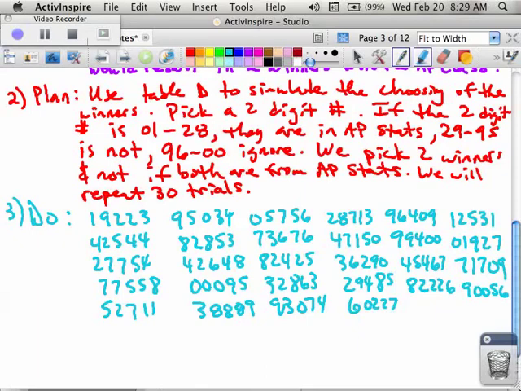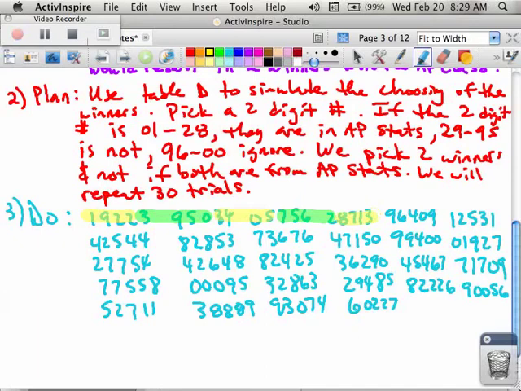So I look at the first 2. Were they both from AP Stats? Yes. Then I go look at the next 2. Were they both from AP Stats? No. Then I go look at the next 2. And I continue to do this in my trials. So in case you're not understanding, person number 19 is an AP Stats person, because it was 1 through 28. Person number 22 was 1 through 28, so they're from AP Stats. So this first yellow group is a yes.